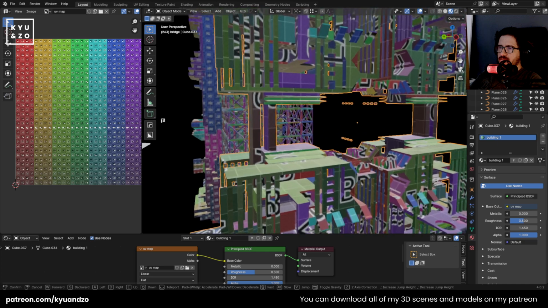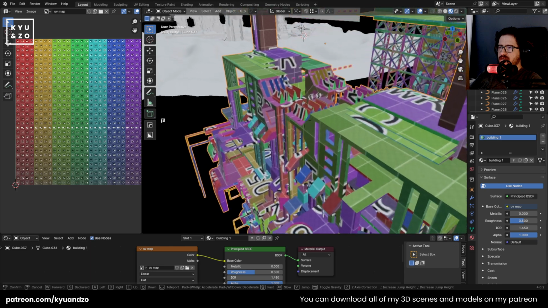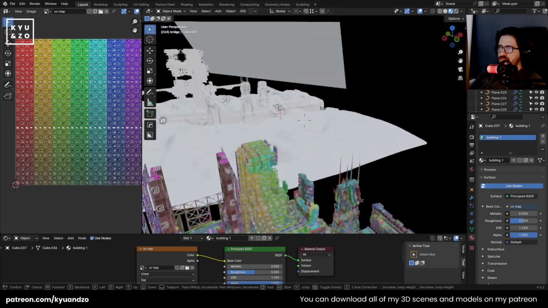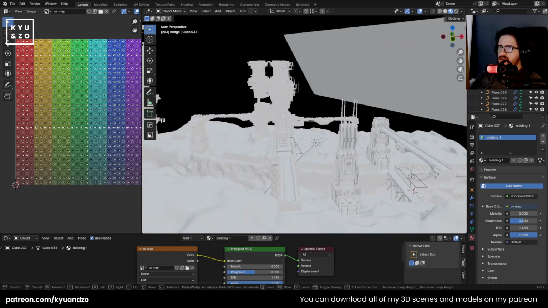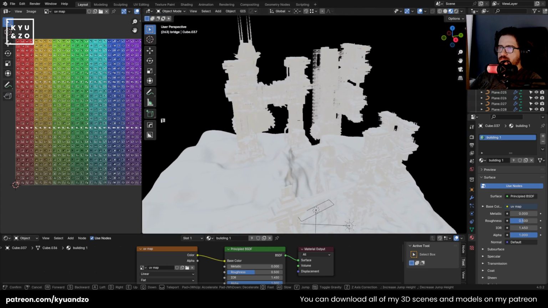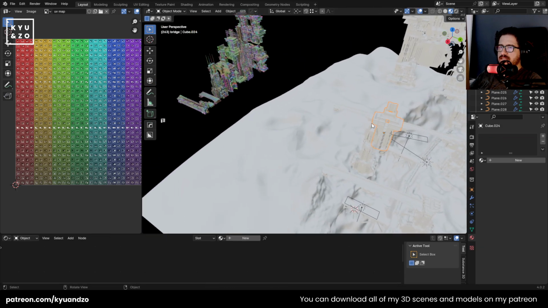It's making Smart UV Project and then the Cube Project. Okay, that's also enough. So let's check this area. We have the same buildings like this here. I just duplicated and placed it. So when it's time to